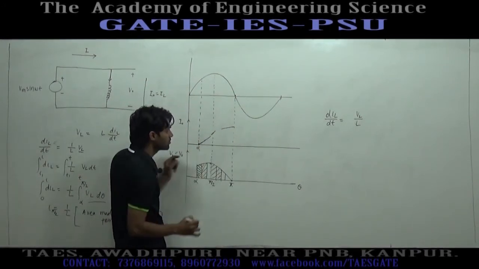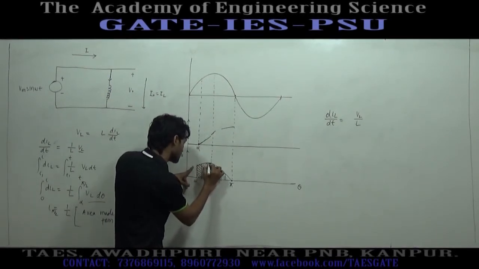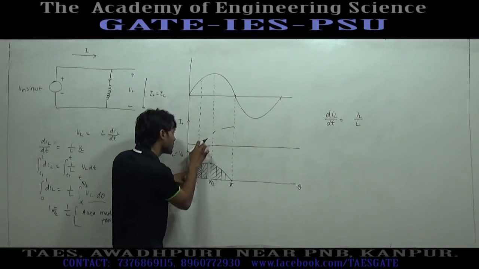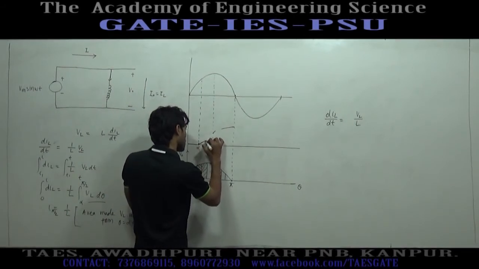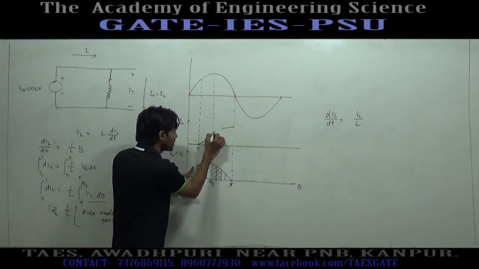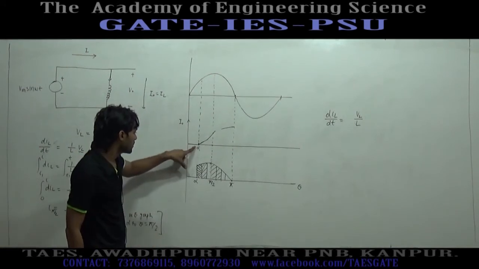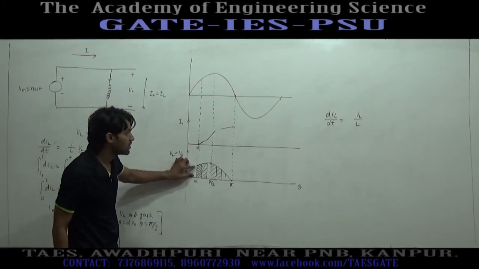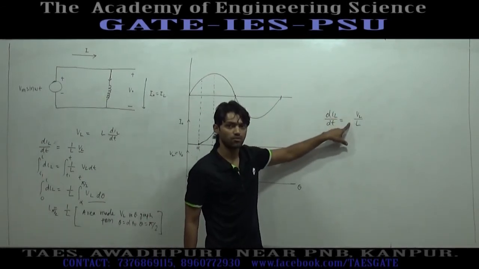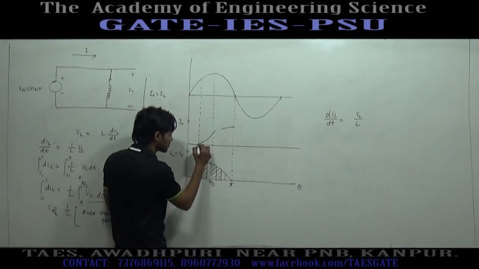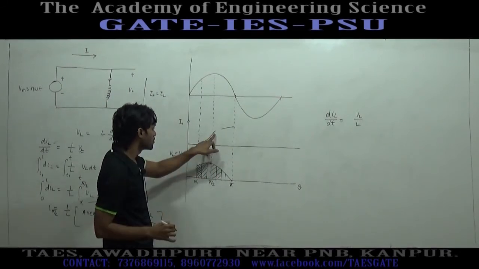Before omega t equal to pi by 2 the voltage was continuously rising. So before omega t equal to pi by 2 the slope of inductor current will rise. From this point to this point the slope of inductor current will rise, and at this point the slope is maximum. At omega t equal to alpha the voltage is positive with this much value. If the voltage is positive, the rate of change of current has a positive value, meaning the graph of current will have a positive slope. So this slope is positive and the slope is increasing continuously. At omega t equal to pi by 2 the slope is maximum.